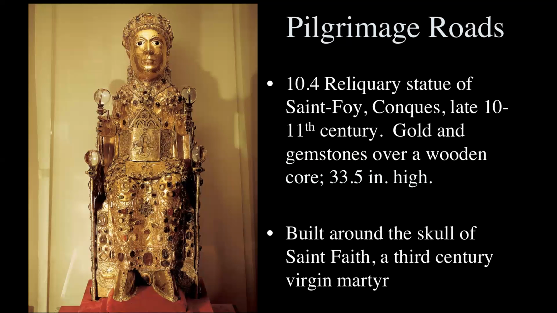But you might notice, we don't see the skull at all. Sometimes you can see the relics inside, the actual bones. If you get a chance to go to the Detroit Institute of Art sometime, you'll be able to see that. But in this case, it's been covered with gold, and then it's covered with other stuff. So why is it so fancy? You're probably thinking, oh yeah, this is what they did. They got the skull and then made this fancy sculpture. That's what it looked like right away. But that's not the case. Oftentimes they'd have very simple displays at first for the relics, and then they would build them up over time.